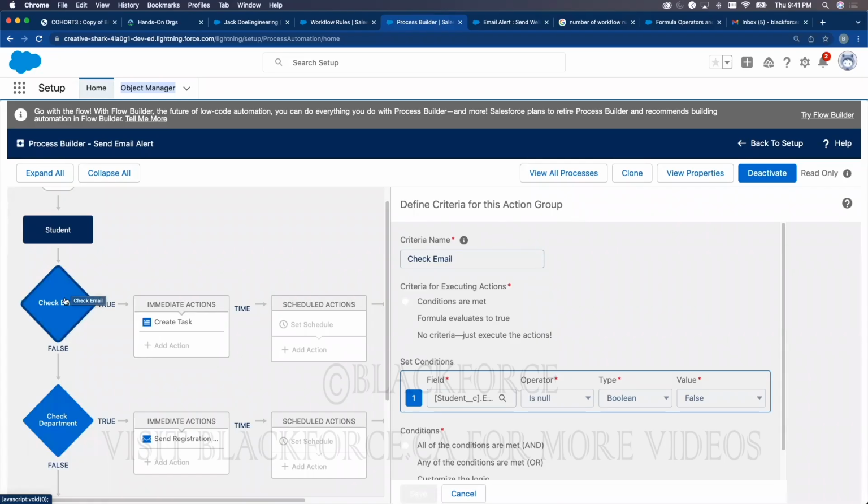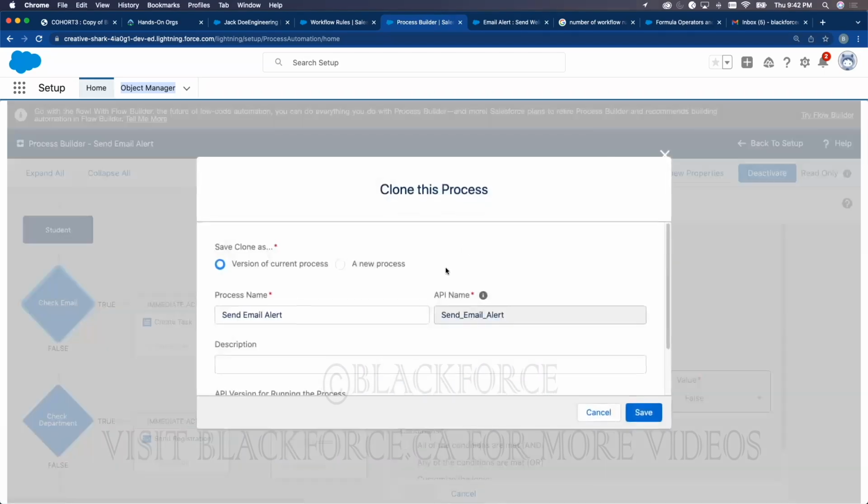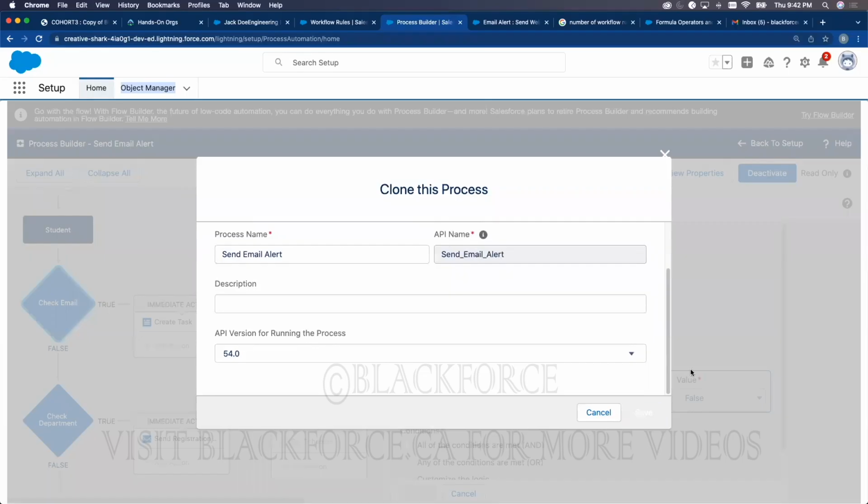This needs to fail before it comes here. So the reason why the email was not sent is because the criteria was met and the action took place. So what I can do is I can negate this. Again, I'm going to create a new version,